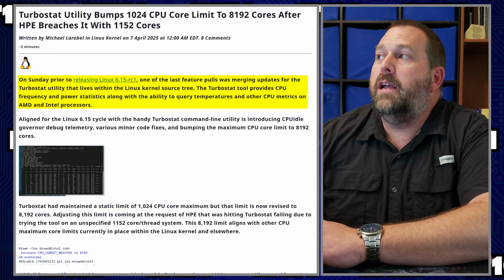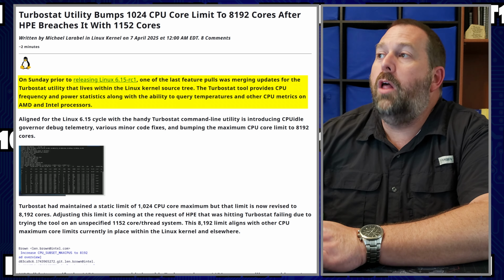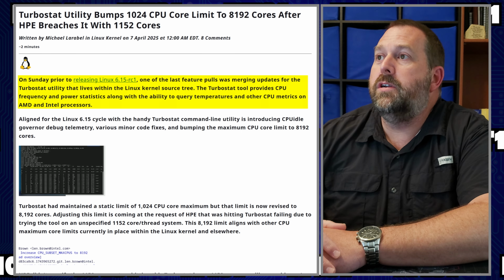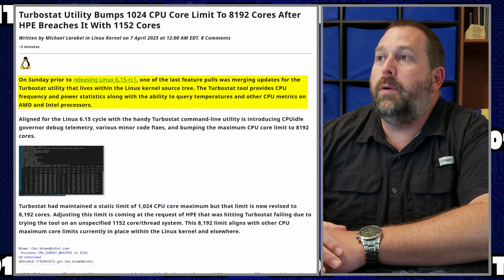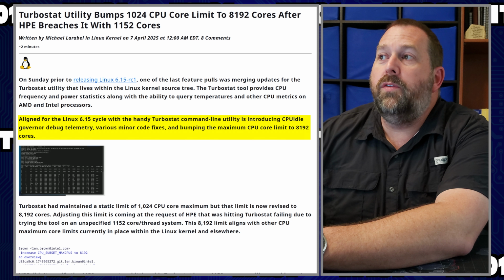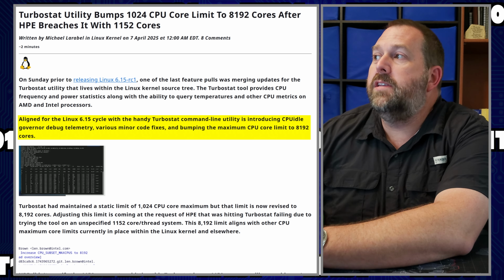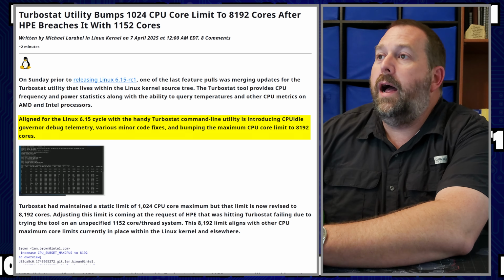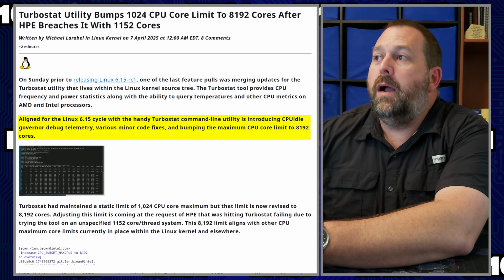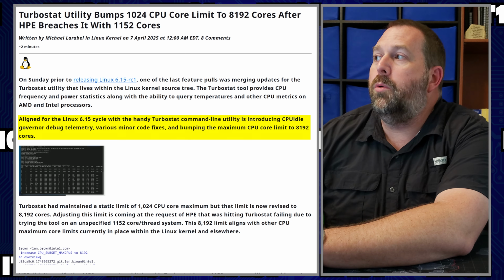The Turbostat tool provides CPU frequency and power statistics, along with the ability to query temperatures and other CPU metrics on AMD and Intel processors. Now, aligned for the Linux 6.15 cycle, the handy Turbostat command line utility is introducing CPU idle governor debug telemetry, various minor code fixes, and bumping the maximum CPU core limit to